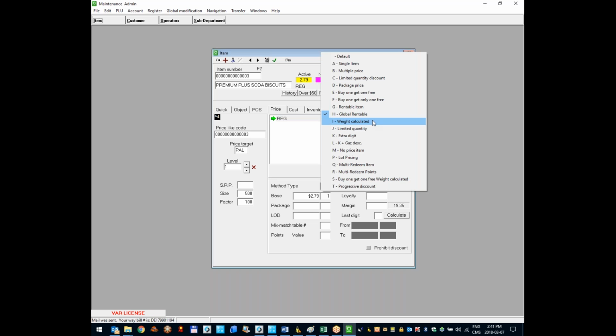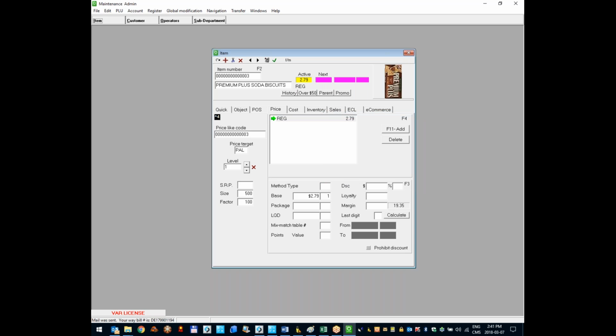Type I, weight calculated. That one's pretty useful. You know how the UPCs that come from the scale start with a 2 and have a price embedded in the barcode, like ground beef or pork chops or whatever. You weigh them on the deli scale or the meat scale, and it wraps it up for you with a barcode with the price inside it. So the way we program those in our system is,